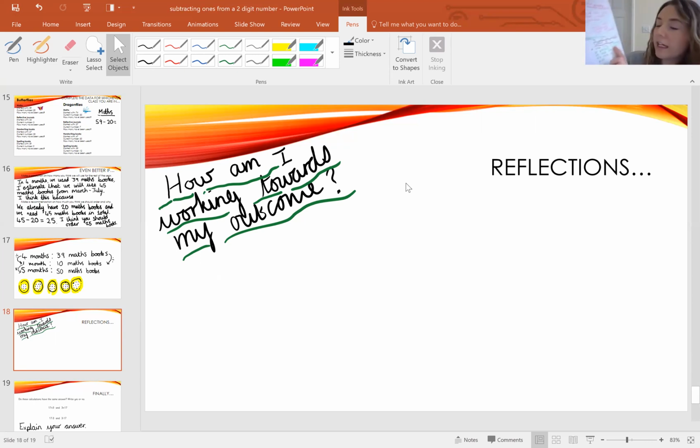It might be that if you look at the even better ifs, that you've been able to do some of those. So you've been able to use the abstract method, which means you've been able to use that mental strategy to look at the tens and the ones and know which ones you're subtracting and work it out in your head. It might be that today you've challenged yourself and you've had a go at predicting what you'll use for the rest of the year and been able to make a recommendation because of that. Okay, so whatever you've been able to do, I want you to think about how you've been able to do that. So you might write,